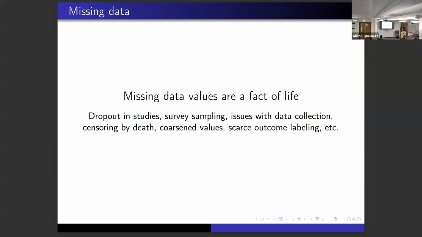I have yet to encounter an applied project that didn't have missing data in it. Maybe that's possible, but usually if that happens, what that means is somebody took care of it for you already, either that they pre-imputed for you or they just restricted to complete cases before you got the data set. That's usually the way that happens. So there's always missing data, basically.